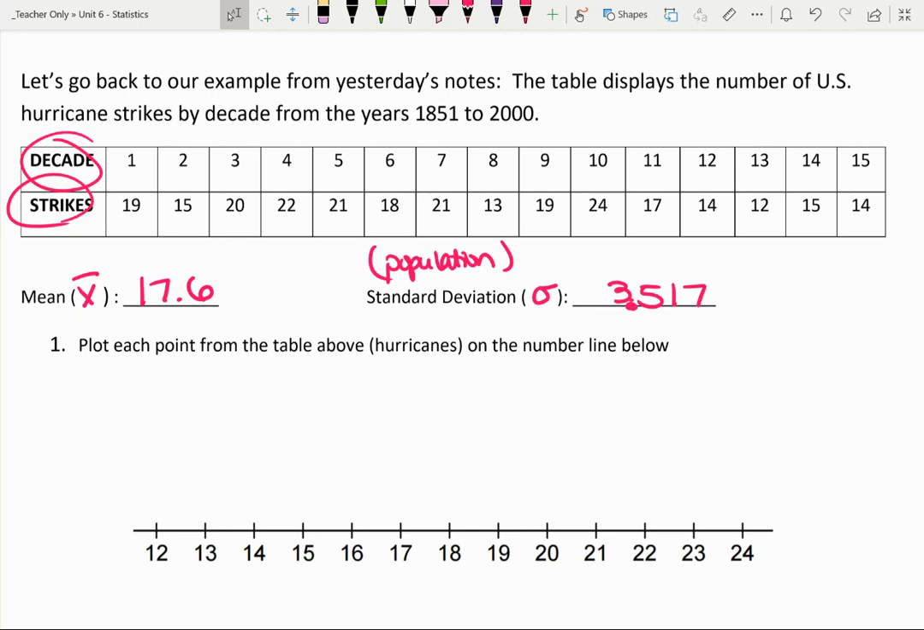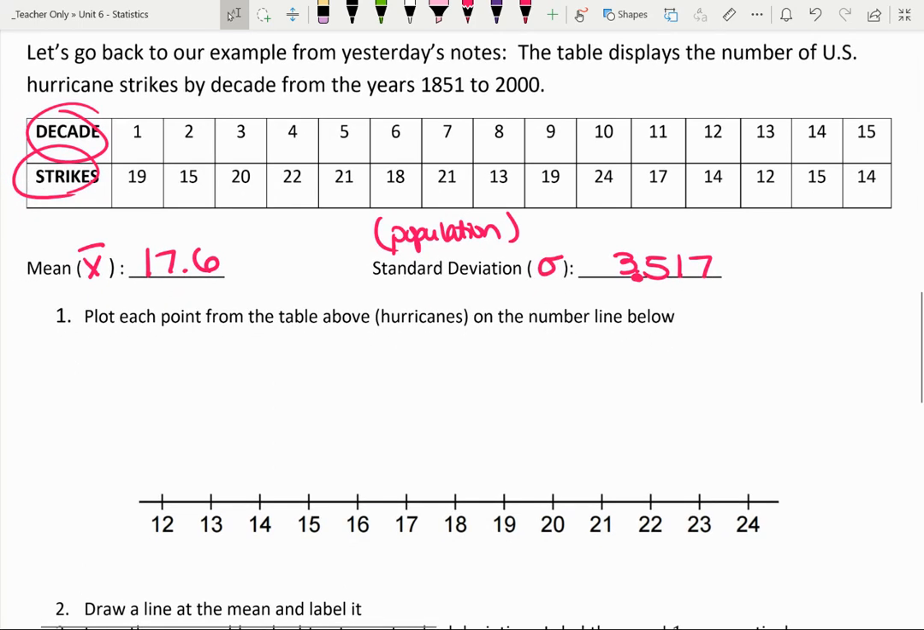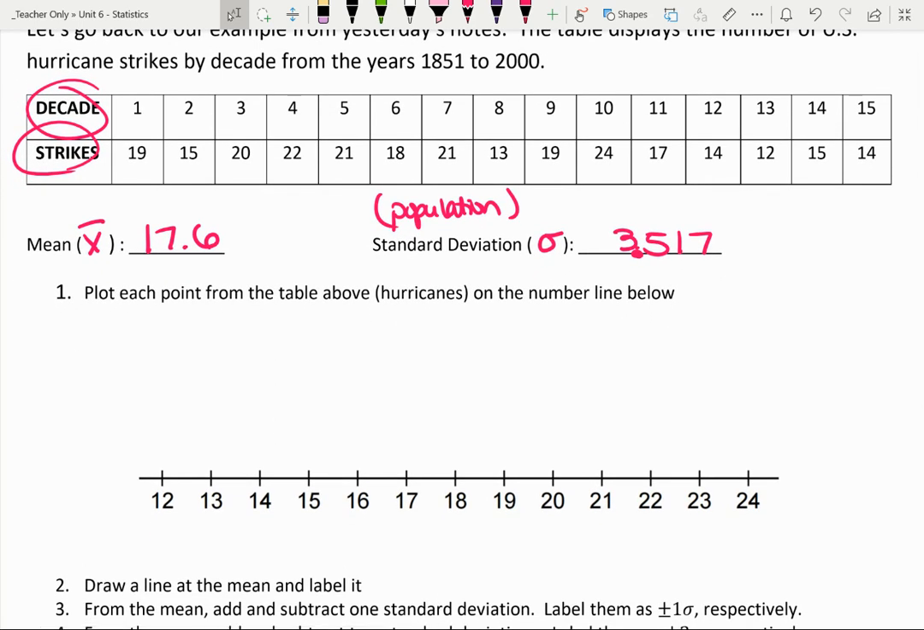So it's not just calculating standard deviation. You did that quite a bit yesterday, and you're going to do a couple more examples today. But we can also think about data within standard deviations. The first thing we're going to do is plot the points from the table on the number line below. I'm going to plot in order and mark each number with a dot above. So 19, 15, 20, 22, 21, 18, 21 gets another dot there, 13, 19 gets a second dot as well,